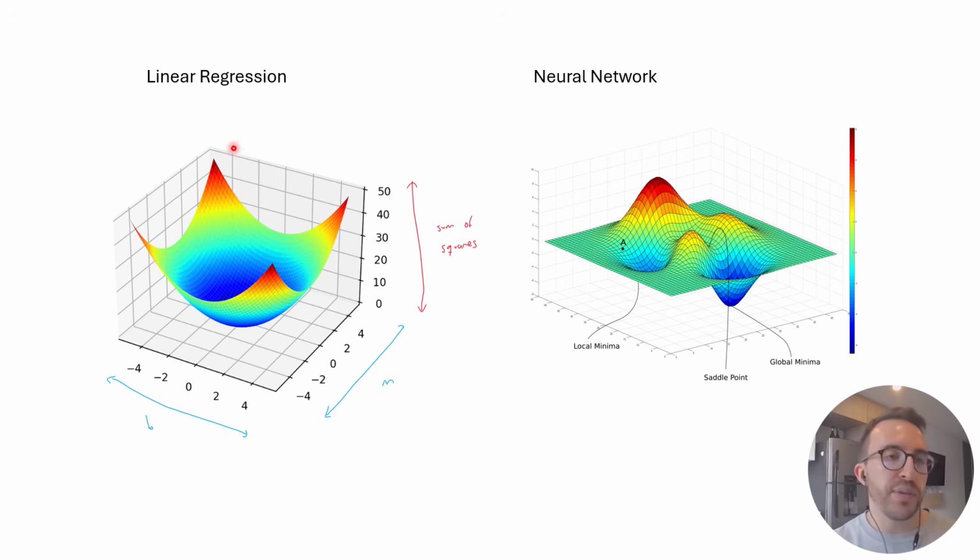So on the left, we have linear regression. We had talked about this earlier. We use calculus to find the bottom of the bowl, right? The bottom of the loss function, the m and b values that minimize the sum of squares. So in other words, the m and b values that get us the line of best fit. So that's linear regression. For neural networks, it's more complicated than that. You can see that the shape of the graph is not a simple bowl. Instead, I like to call this a loss landscape. Okay, there could be many peaks, many valleys,